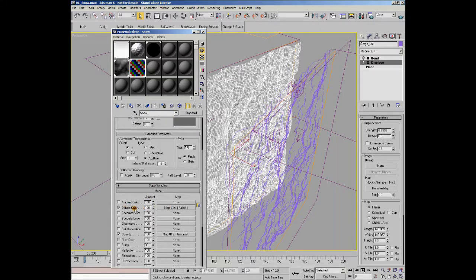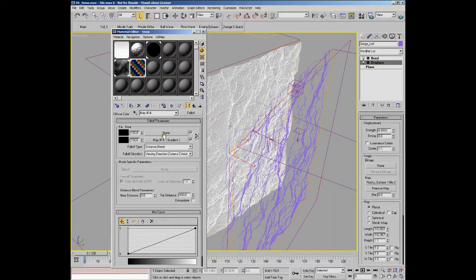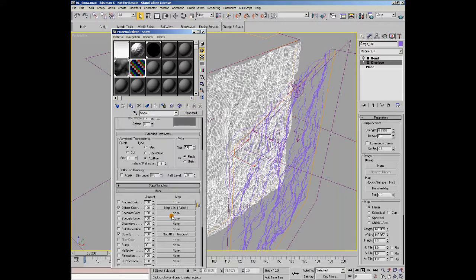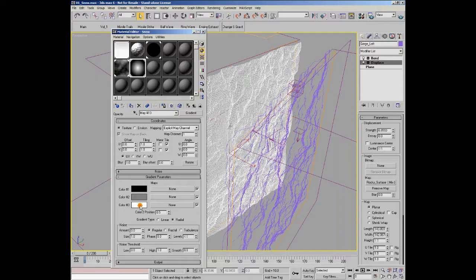And you see we've got a diffuse color here, which you can see we're using a falloff map, which is using this gradient. If I turn this off here, you can see this is the gradient, and this in combination with this gradient ramp, which is